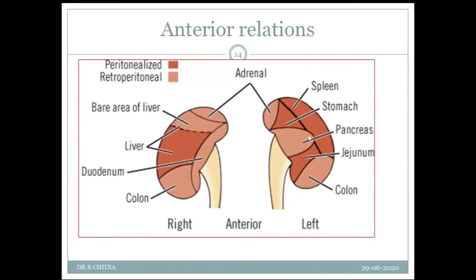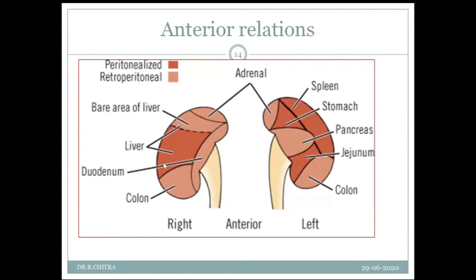Then the splenic area occupies the upper two-thirds of the lateral border and is related to the renal impression of the spleen. Spleen has two impressions, gastric impression and renal impression. So this is the splenic area. In between these three, pancreas, splenic area, and suprarenal area, is the gastric area, which intervenes between these three. This is the part of the kidney which forms the stomach bed, related to the posterior-inferior surface of the stomach, separated by the cavity of the lesser sac.